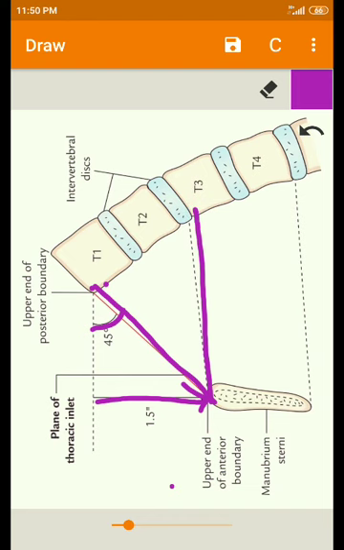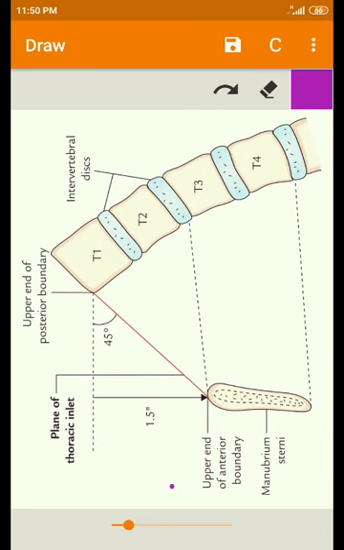This is about the opening of this inlet and its boundaries. Now, the diaphragm of the inlet of the thorax. We have already seen that the abdomen and the thorax are separated by a muscular partition called the diaphragm. That muscle itself is named the diaphragm. Here the meaning of diaphragm is different. Don't confuse it with that muscle.